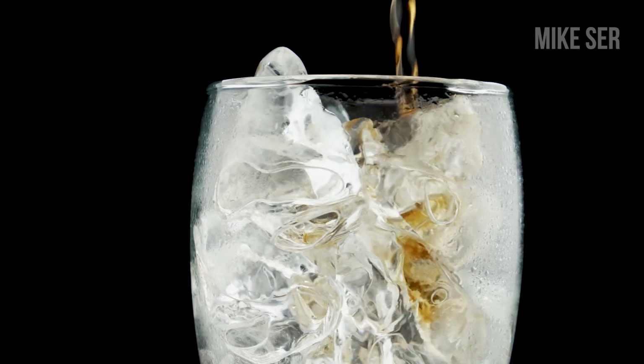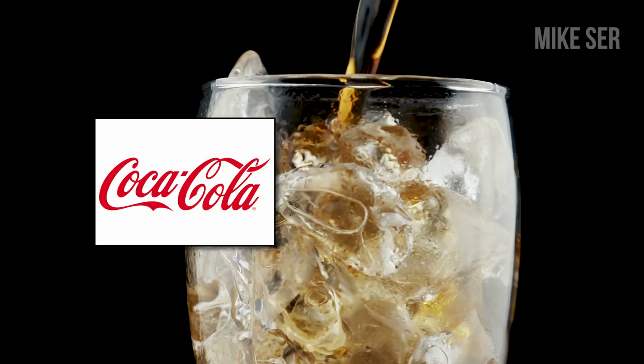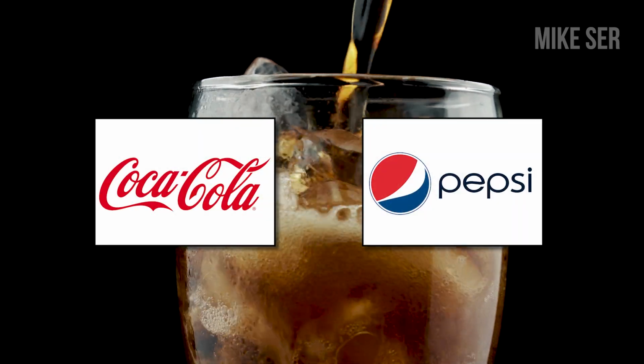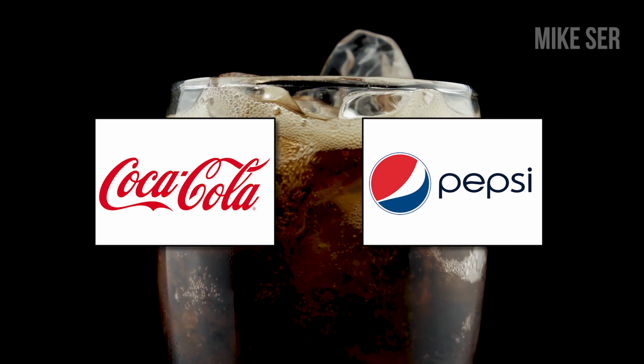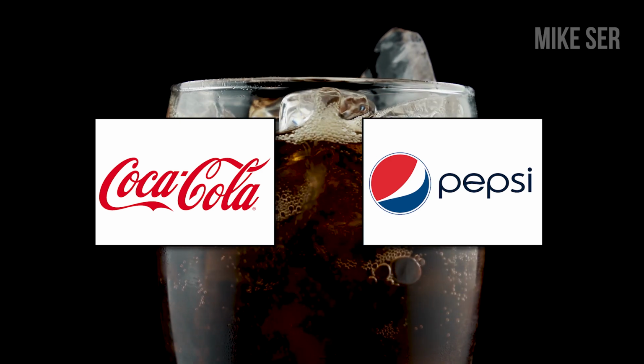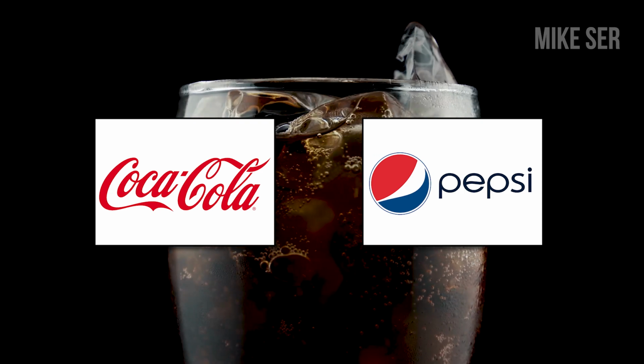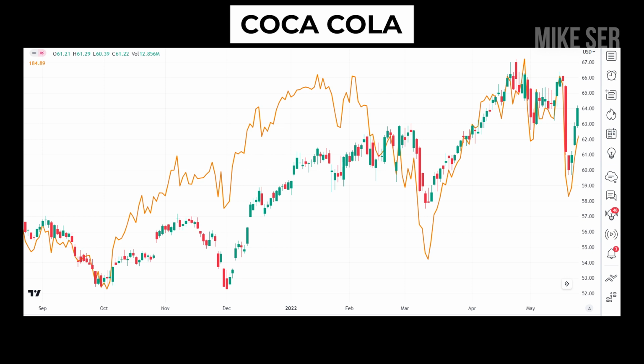For example, let's look at the correlation between Coca-Cola company stock and PepsiCo company stock. Now, as we know, these two companies are direct competitors to each other and have very similar businesses. Now, let's take a look at the chart of both companies. Here's a chart of Coca-Cola stock, and the orange line is PepsiCo stock. Now, you can see that the stock price of both companies are moving in tandem until October, where Coca-Cola stock